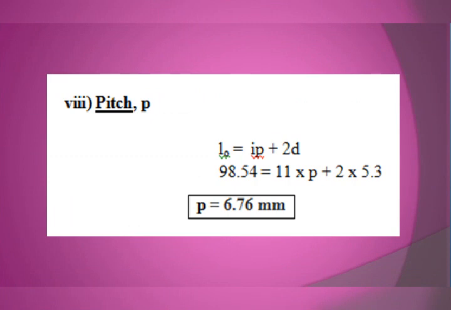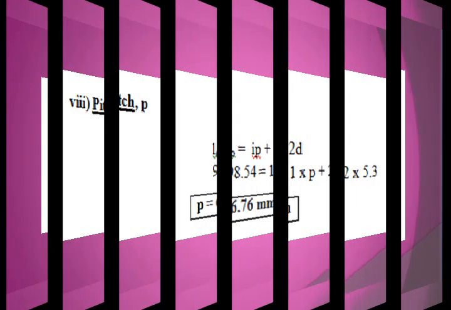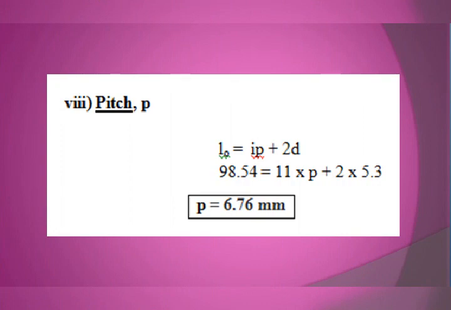This completes the design of the spring. Design of the spring is nothing but we must evaluate small d, the wire diameter; capital D, the mean diameter of the coil; Di, the inner diameter of the spring; Do, the outer diameter of the spring; free length L0; solid length L; pitch p; spring index C; and deflection y. These are all. So in this we did the entire solution.